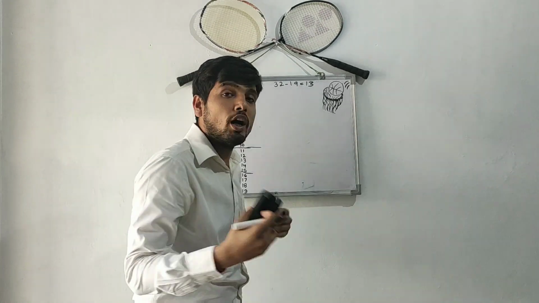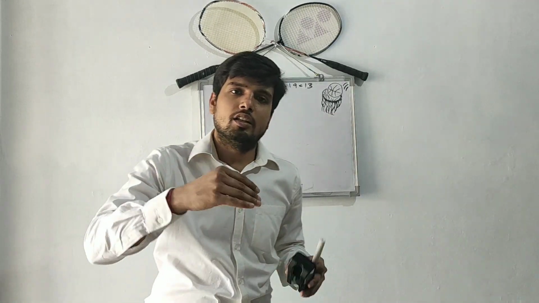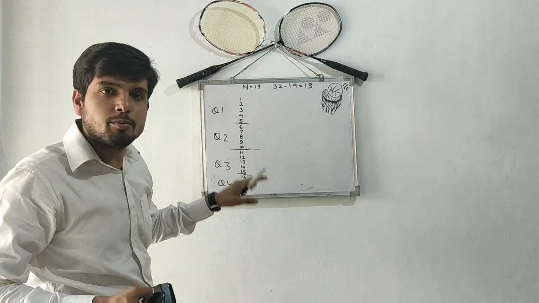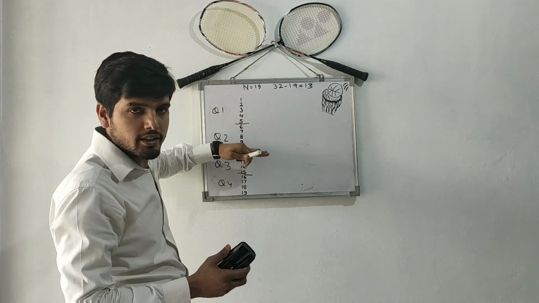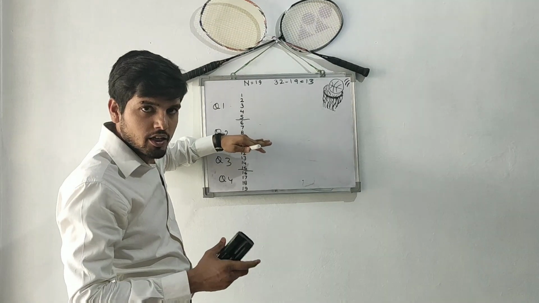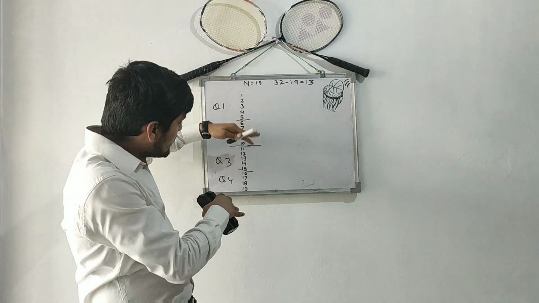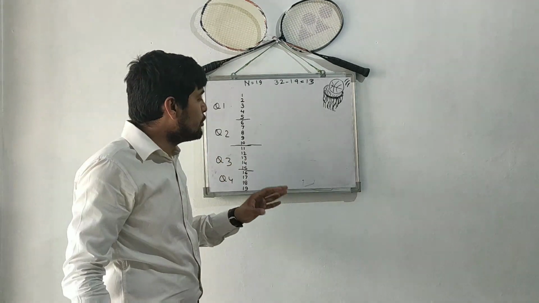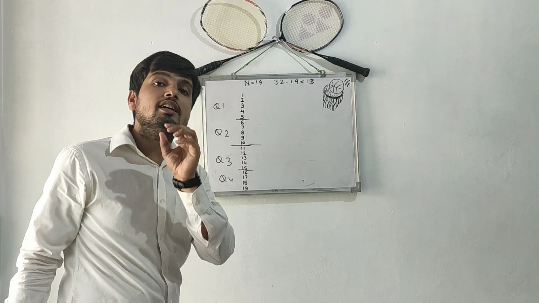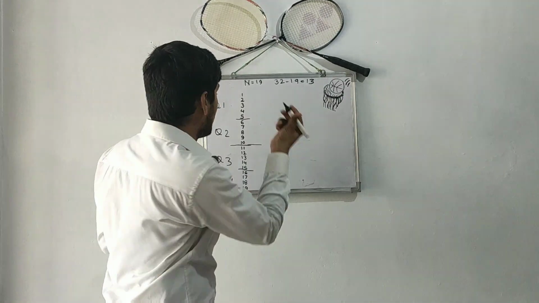Now, how to allot byes? There is a slight change in this. Before, you could allot the byes at the overall stage, but here in quarters you have to take the first 2 quarters as a separate fixture at the time of allotment of byes, and the last 2, that means the lower half, you have to take as a separate fixture at the time of allotment of byes. First, we have to allot 6 byes in the upper half.